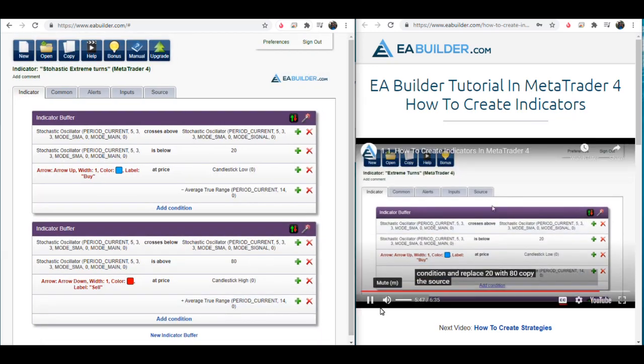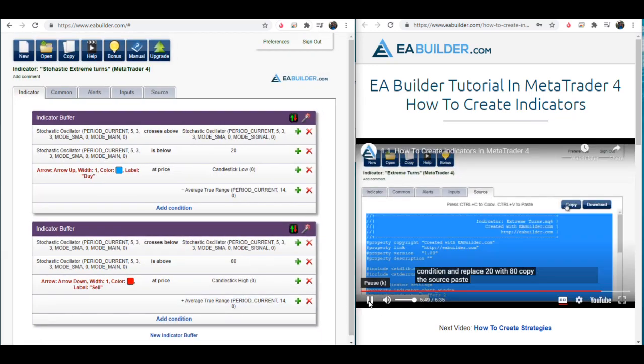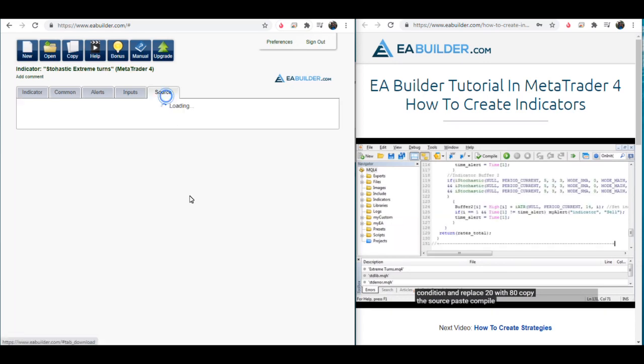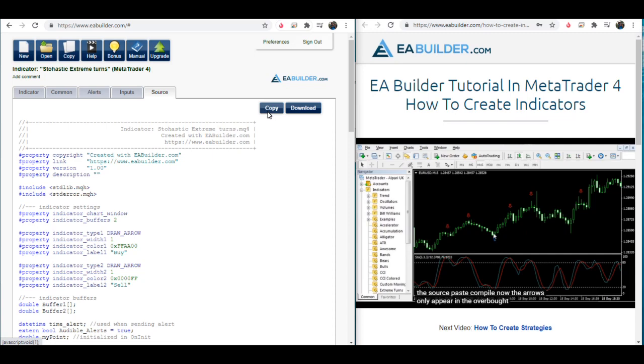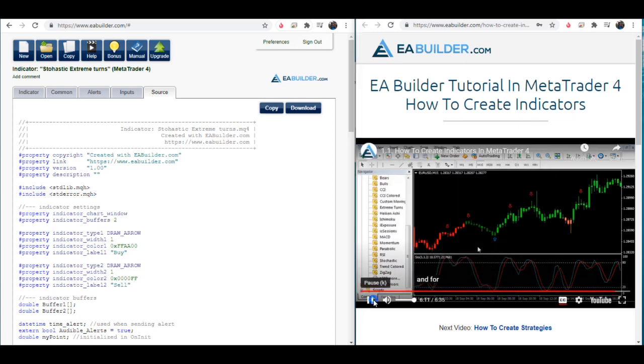Copy the source, paste, compile. Now the arrows only appear in the overbought and oversold zones. There is still room for improvement. In a trending market, you may want to beware of trading against a long-term trend. You can use the trend indicator from our free bonuses to clearly see the trend. And for exiting, you can use